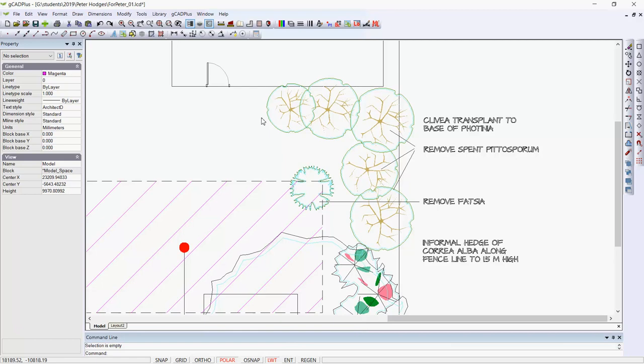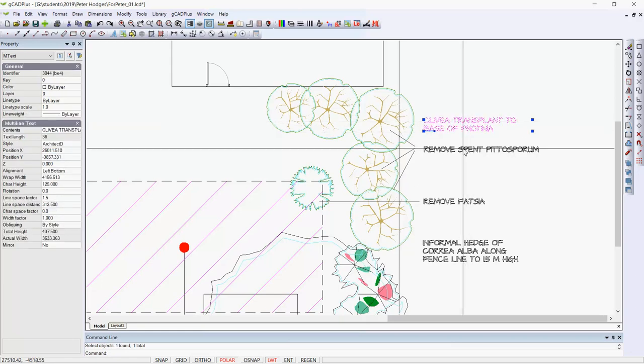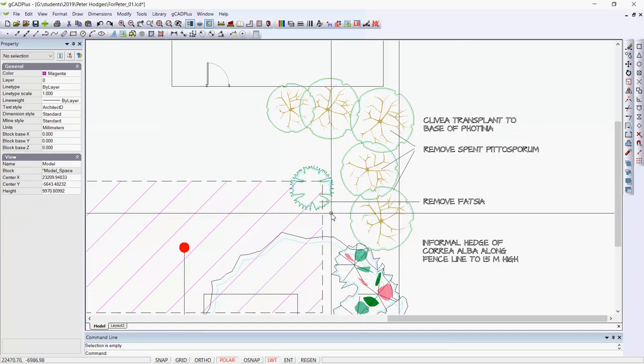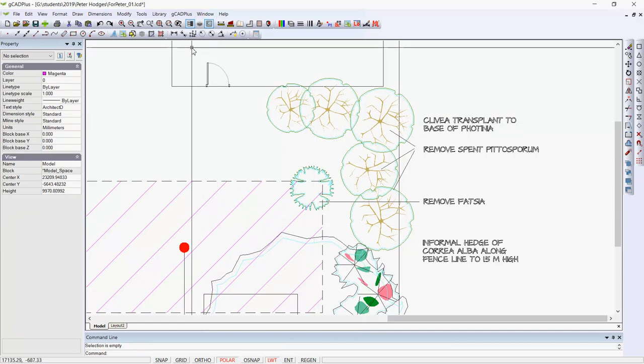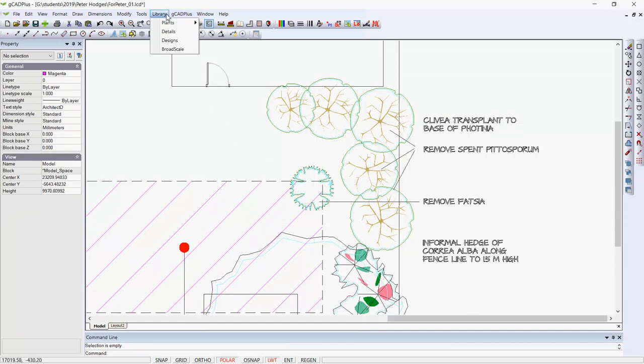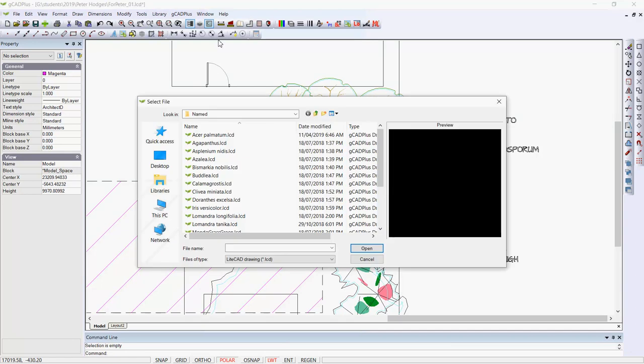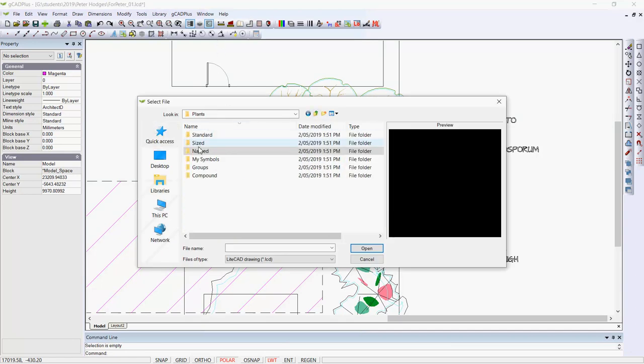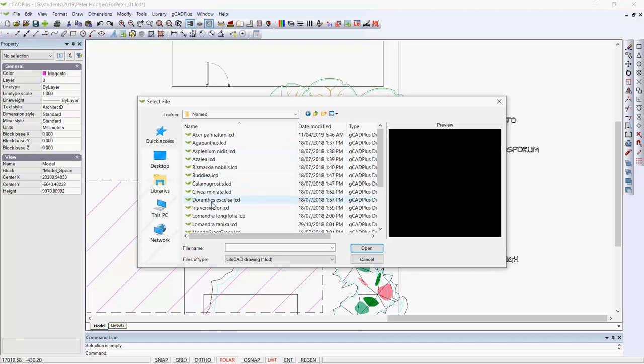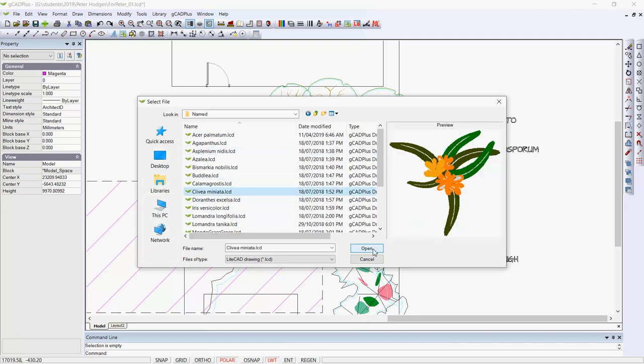Well, there are a few existing clivias planted under these photinias in this zone, and the designer has put a note in: clivia transplant to the base of the photinia. To put the clivias in, it's library, plants and named, and I'll start up here. Go to the plants section, and instead of looking in the standard section, look in the named section, and there's a